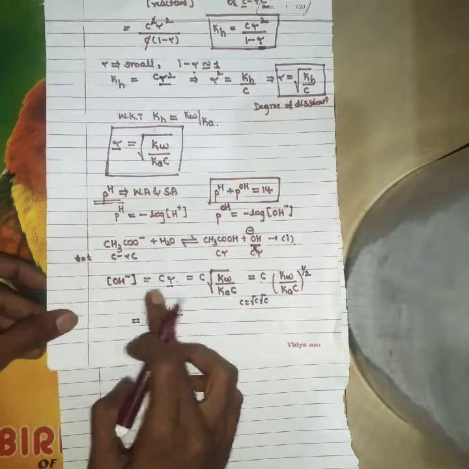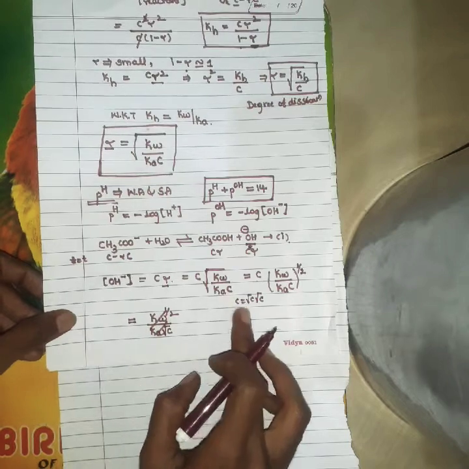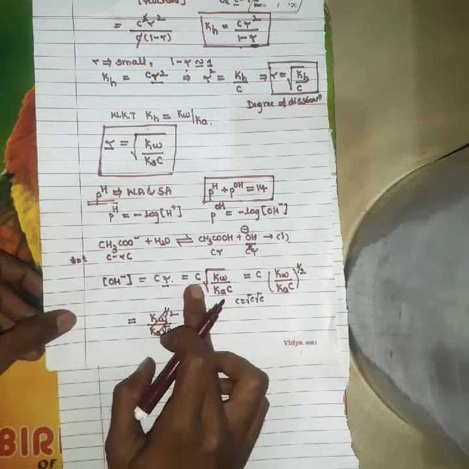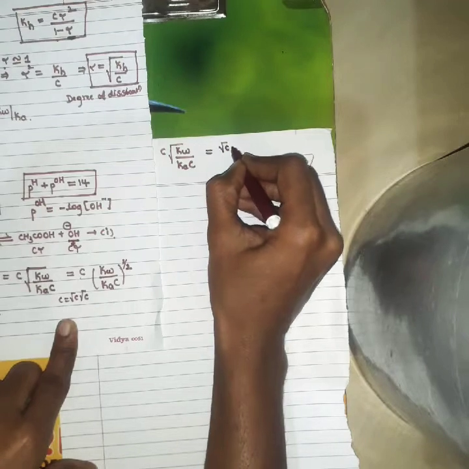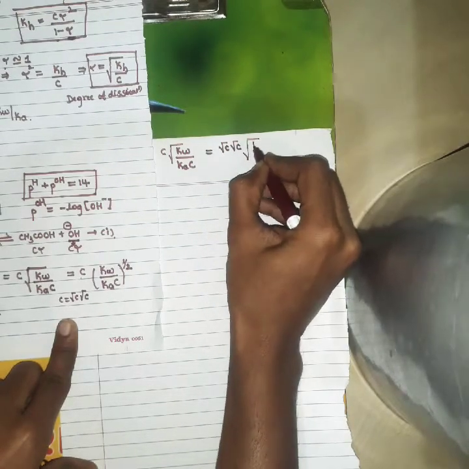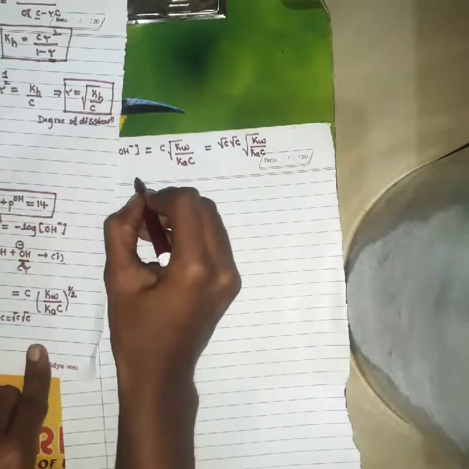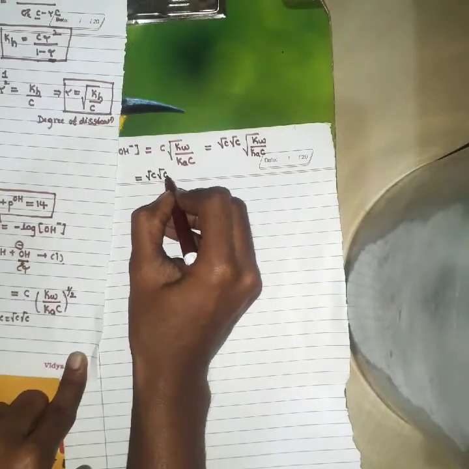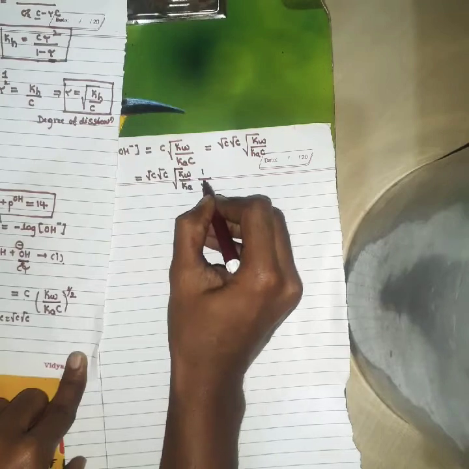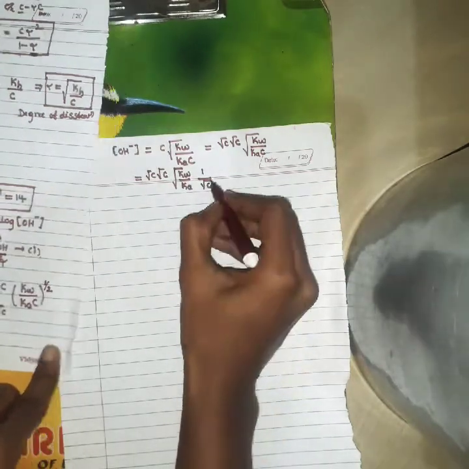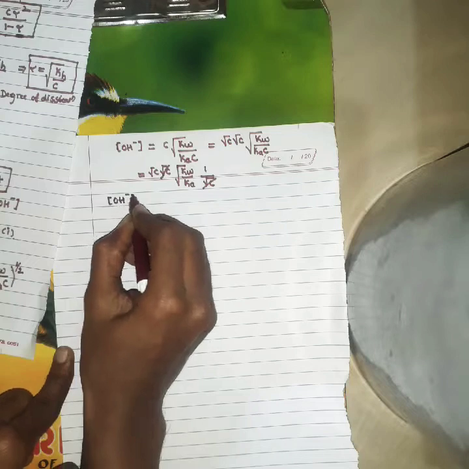The concentration of OH minus is equal to C into square root of Kw divided by Ka into C. You know C is equal to root C into root C. You have to write like this, then square root of Kw divided by Ka into root C. This is how you have to simplify, root C as it is, square root of Kw divided by Ka into 1 divided by root C. This root C you have to take outside, then cancel one root C. Then the concentration of OH minus becomes